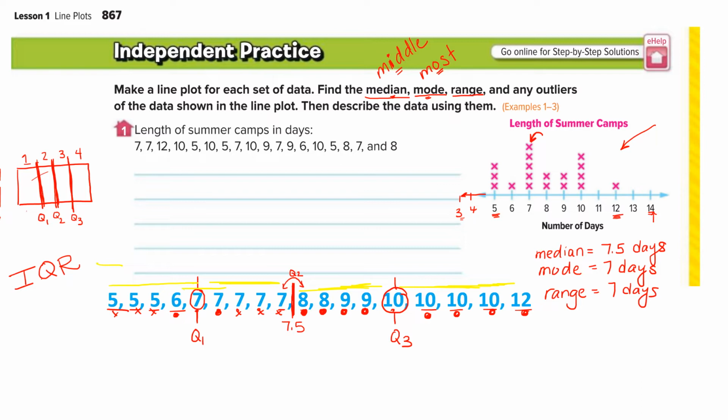The interquartile range is the difference between quartile 3 and quartile 1. 10 take away 7 equals 3. Now, to determine an outlier, you multiply the interquartile range by 1.5. 3 times 1.5